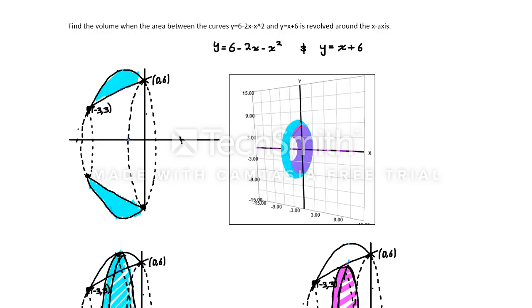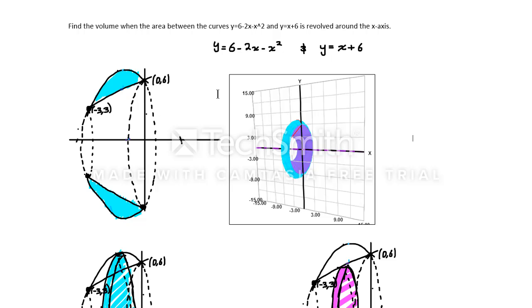Today we are tasked with finding the volume when the area between these two curves is revolved around the x-axis. I've already gone ahead and used a graphing utility, a particularly good one, which can be found online, and I will put a link in the description for you to fool around with as well. I've enlisted the help of some visual aids to try and demonstrate to you exactly what volume we are talking about, for hints on how to